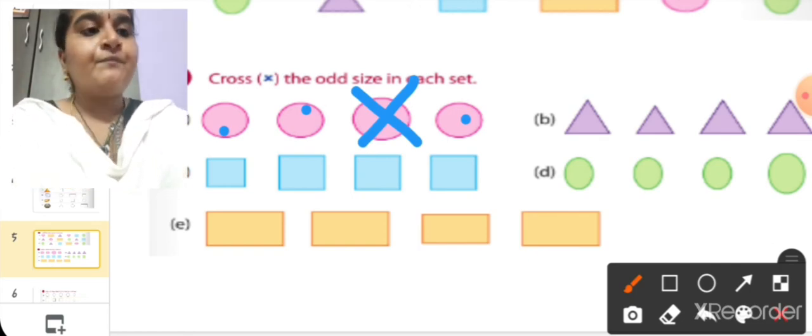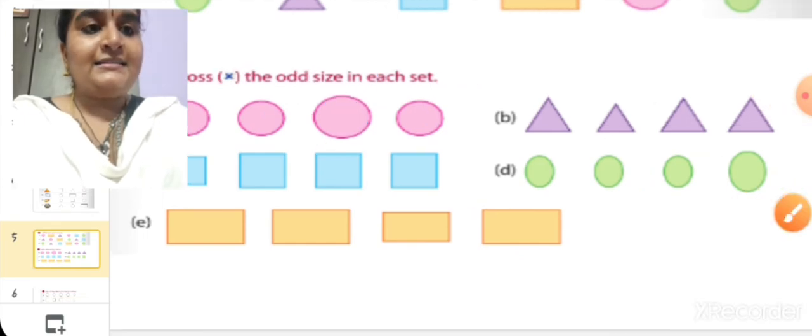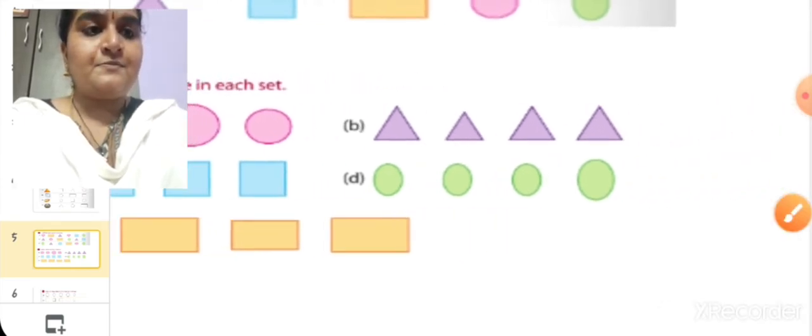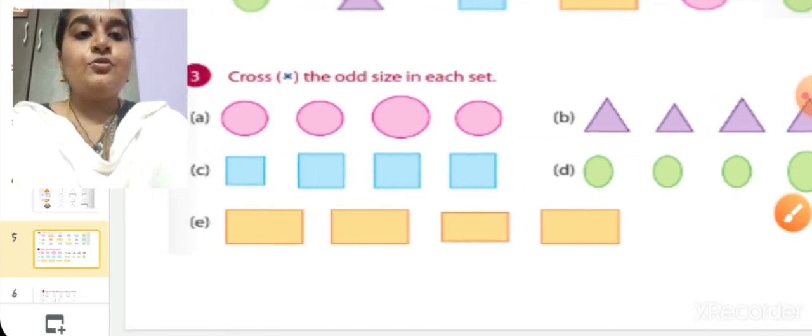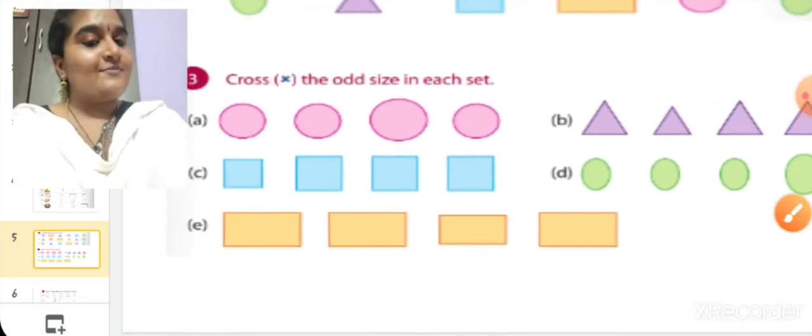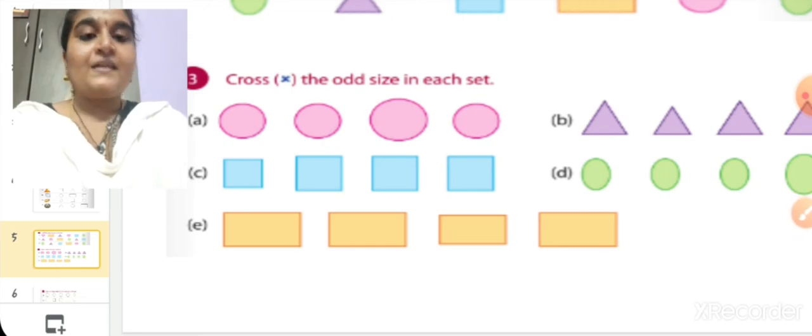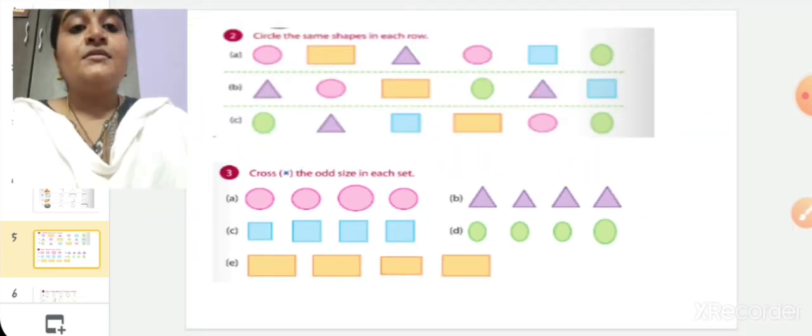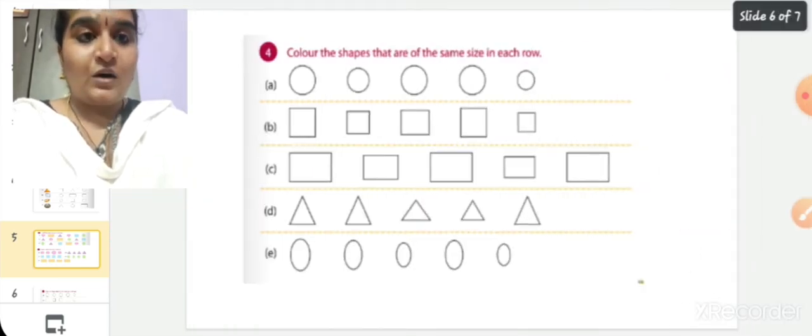Likewise, in this one, which is big here? All these three are big and this is small. So we are going to cross it. So like this, you do the other three sums.